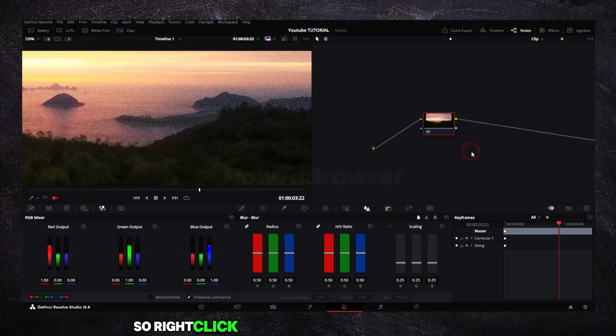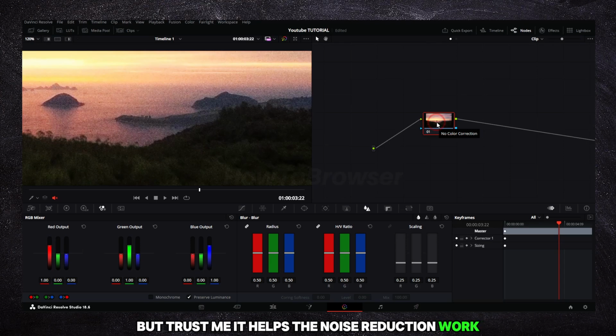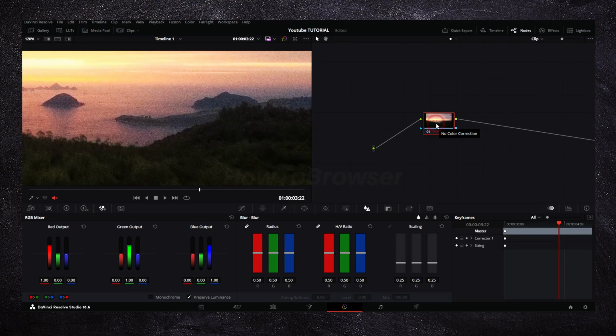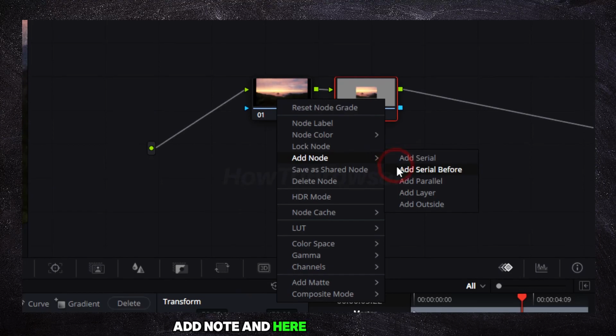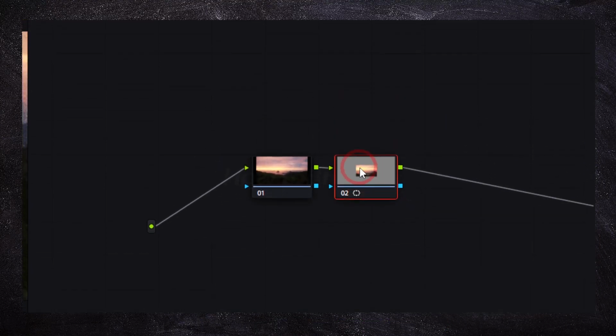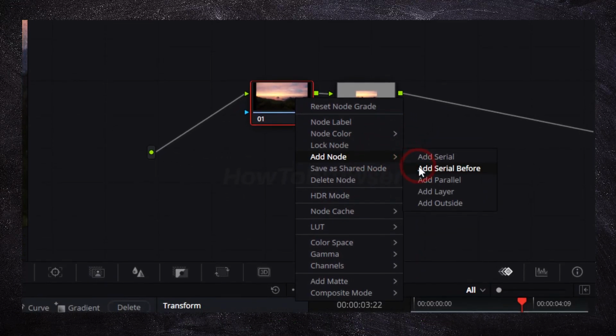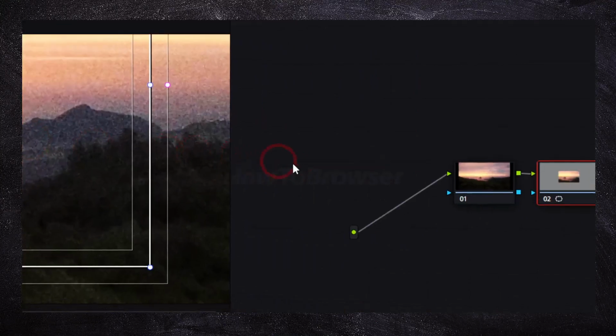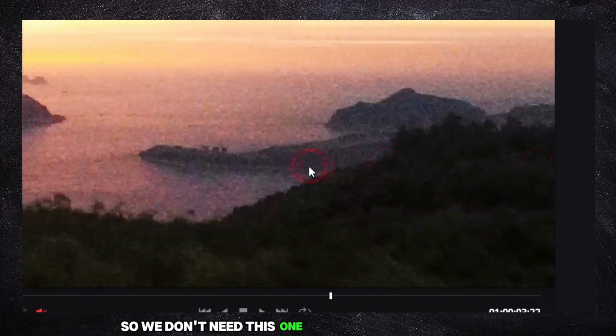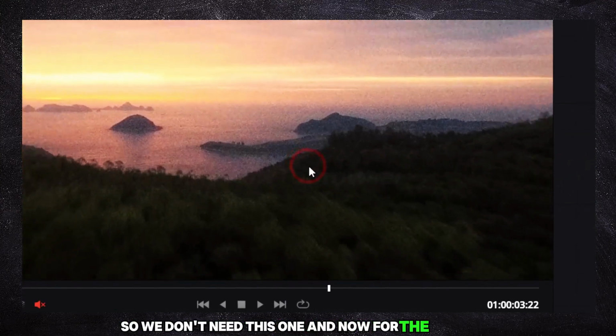So right click that very node that you see here, the little box thing, and add a new node before it. I know it might seem strange, but trust me, it helps the noise reduction work its best magic. Now add node, and here add serial before. So you just click on here, add node, and add serial before. So we don't need this one. And now for the first one,